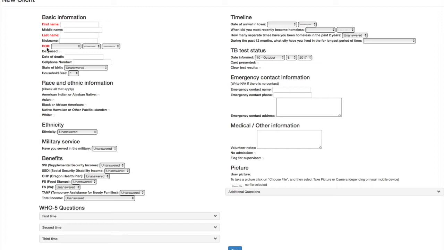So if you have somebody who comes in and either refuses to give you information or is inebriated, the minimum that we have to have is a first name, last name, and a date of birth. And for the most part, you can usually get that out of an individual. The second section down here on race and ethnic information goes together as a block, and this is primarily for